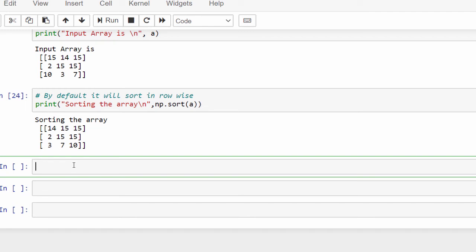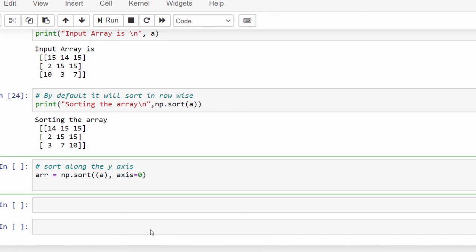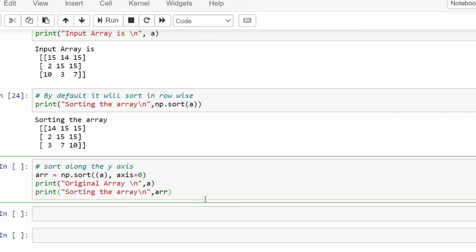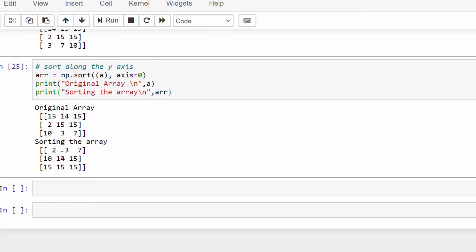Okay, now I want to sort column wise, so sorting along the y axis: arr equal to np dot sort A, comma axis equal to 0. So this will sort along the y axis. I'm just printing the original array and the sorted array. See the difference? This is the original array.